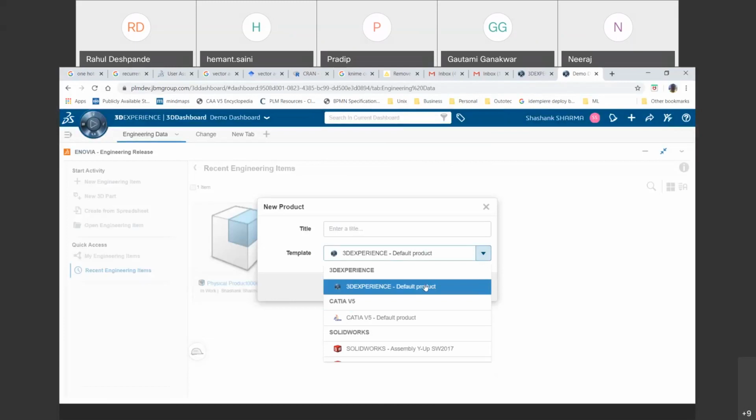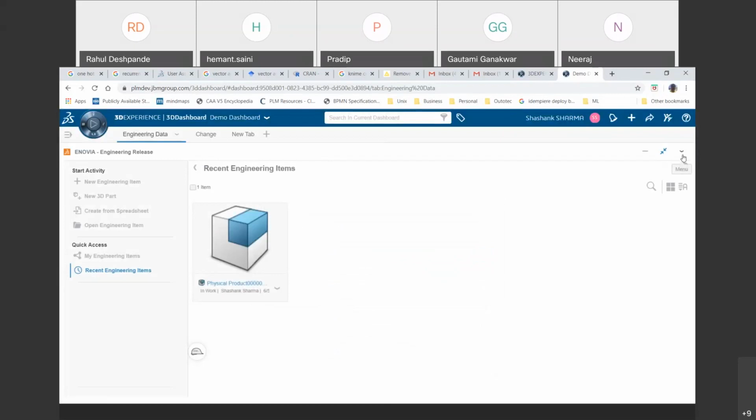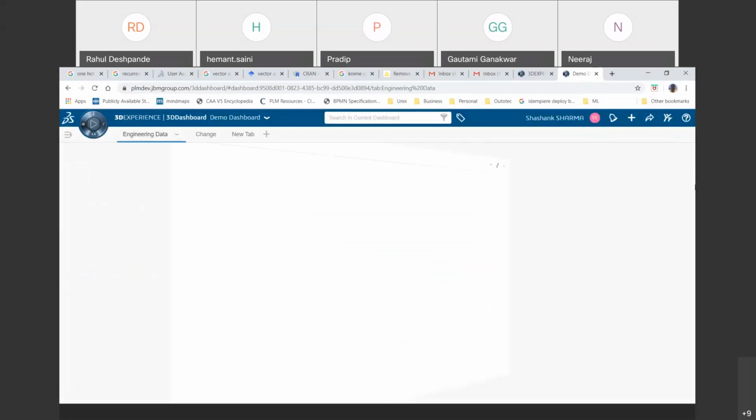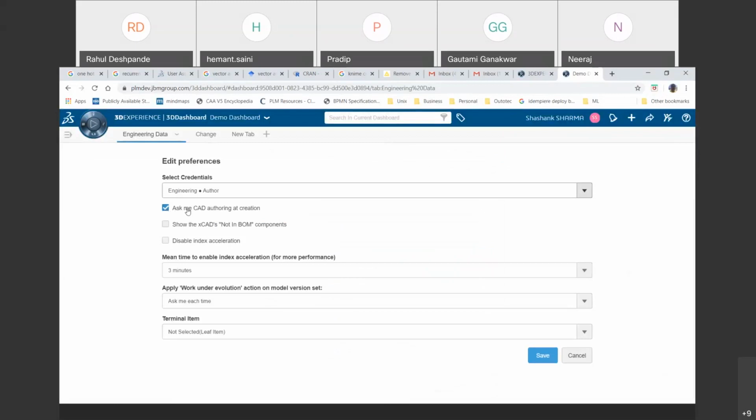So the engineering release can actually get 3D data from any of the CAD applications and show. To get this drop down, from engineering release, I can click on this small menu, click on preferences, and click on ask me CAD authoring on creation. Okay.